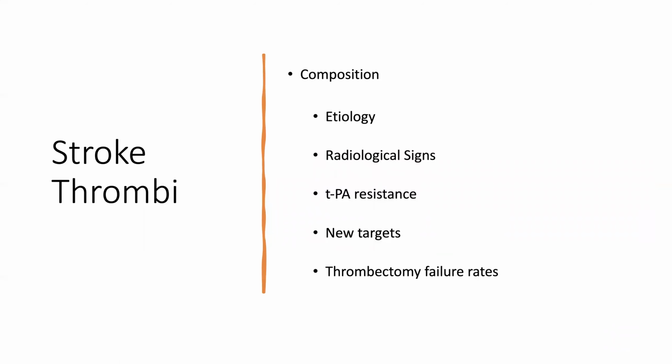So the composition is important, the etiology. If it's fresh thrombus, it's usually from the carotid. If it's more organized thrombus or embolus, it's usually more from the heart. It's usually more fibrin, platelet, more organized. Some of the radiological signs that you can see on a non-contrast CT or CTA: if it's low attenuation, it's